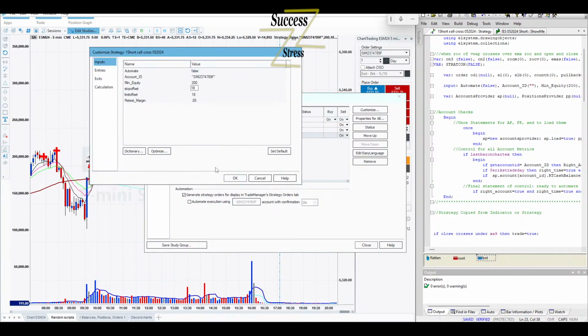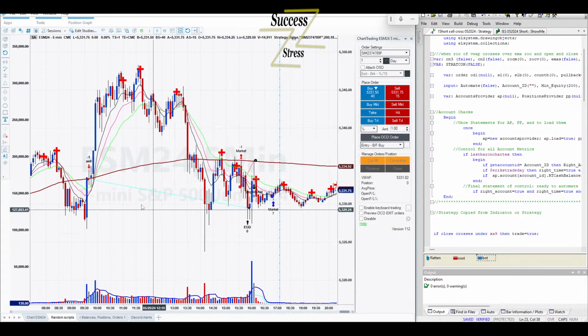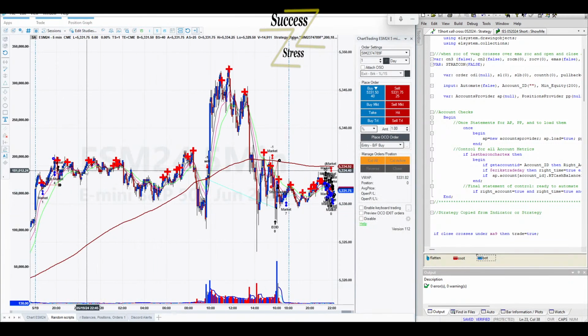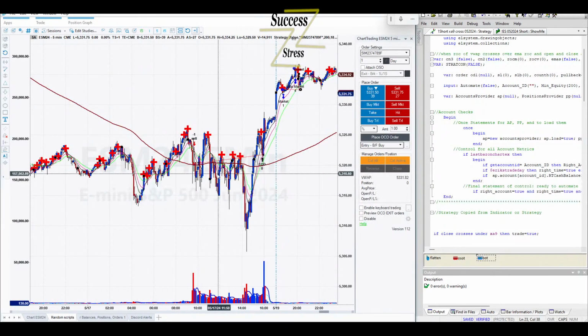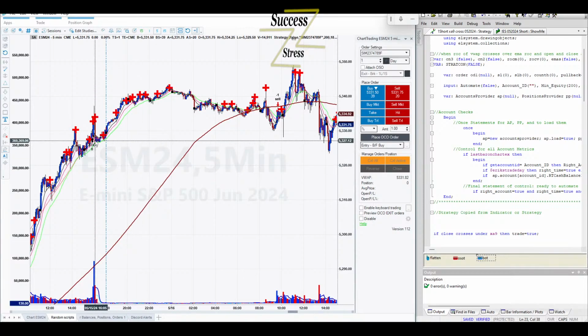No, it's 18. 18 points or ticks. I think it's going by ticks there. So let's see what the rest of it did. Nope, just waited to the end of the day. Just waited to the end of the day.